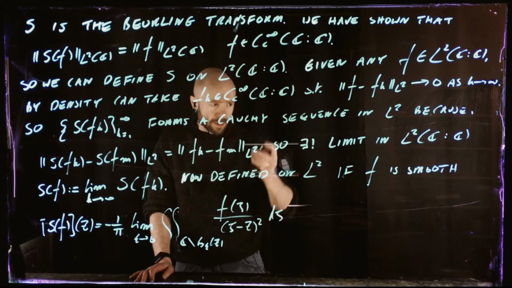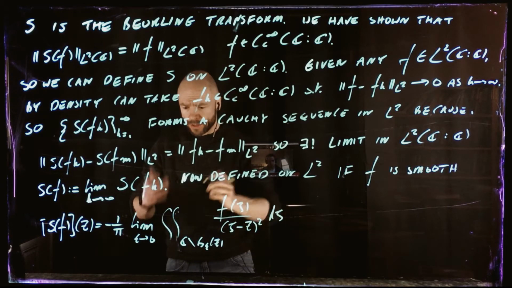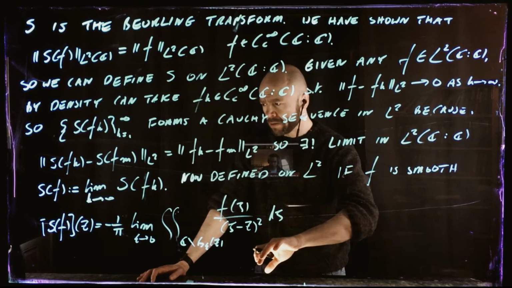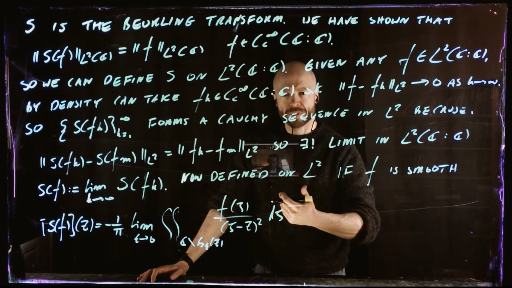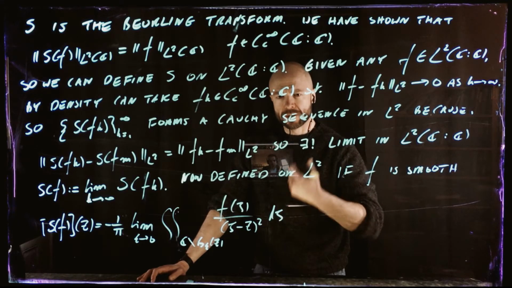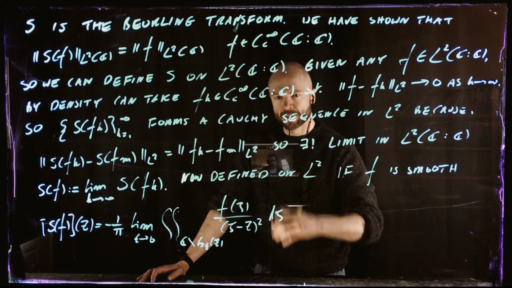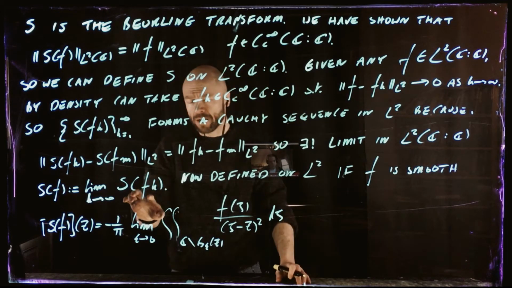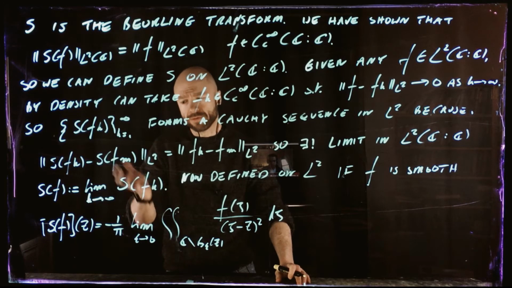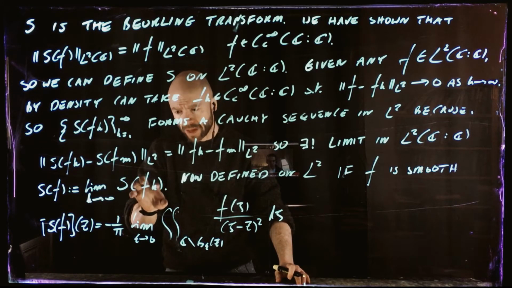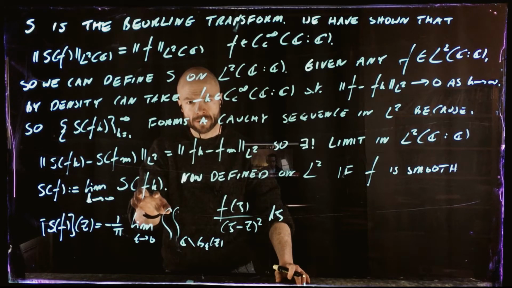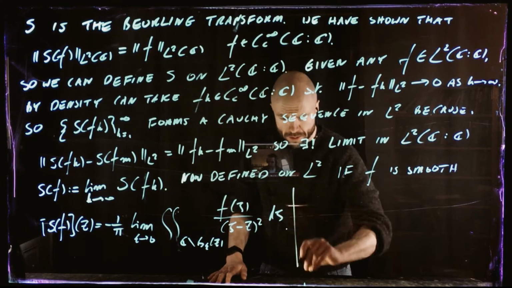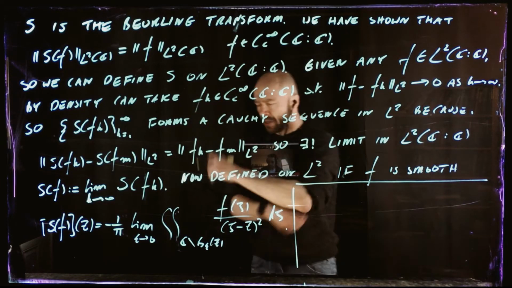So at this stage, we know this limit exists. It makes sense so long as f is actually smooth. We don't actually know this representation for an arbitrary f in L2 at this point. It turns out to be true, but that's an additional thing that requires proof. So for an arbitrary function in L2, we just know this thing as the limit of this sequence of Beurling transforms applied to this sequence of functions. But that's good enough for our purpose, because the main thing we're interested in is these